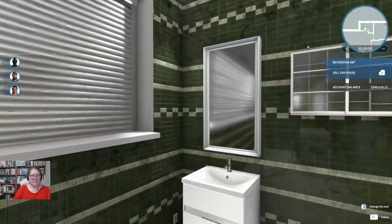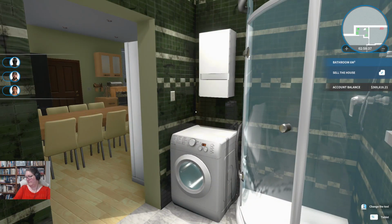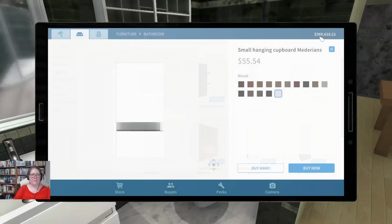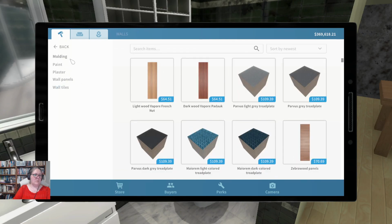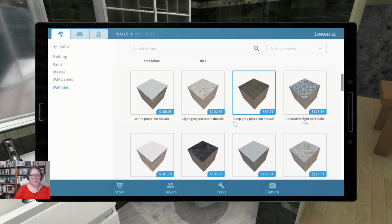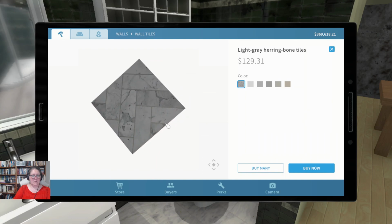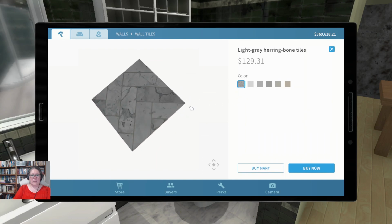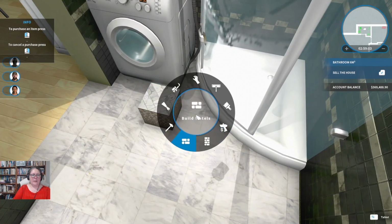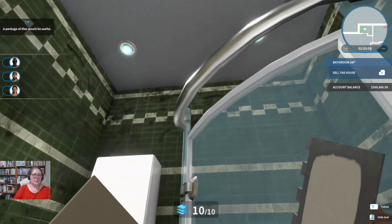Alright, that's clean enough. So on that note, with our bathroom partially done, we just have the tiling to go. We could get the tiling done. Let's finish the bathroom. It shouldn't take us long. Alright, grab our walls, grab our tiles, we've got polished porcelain on the floor. I'm kind of partial to maybe that, because it'll dull it down just a little bit. We need full tiles for the shower bay and half tiles for the... So full tiles for...